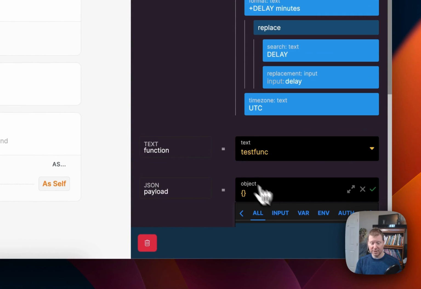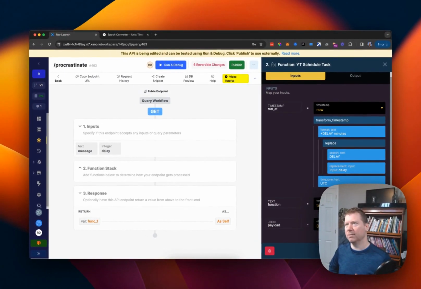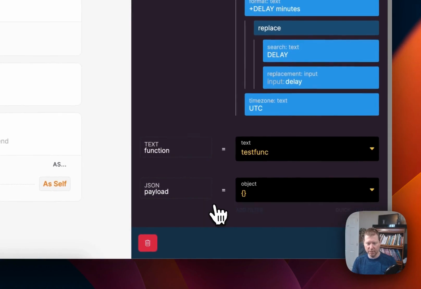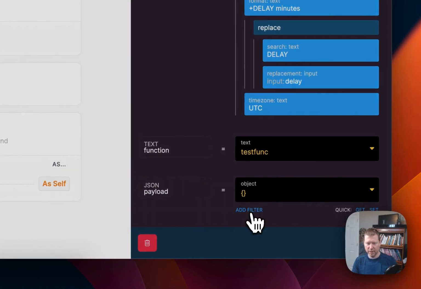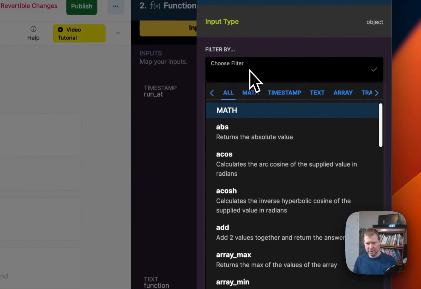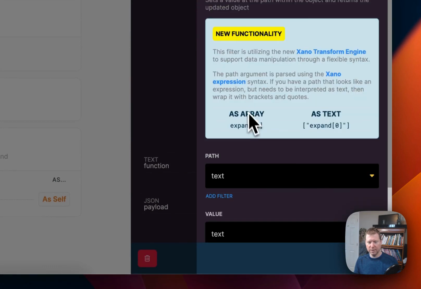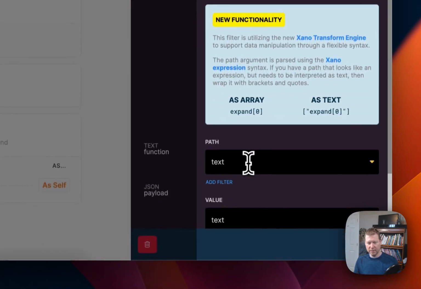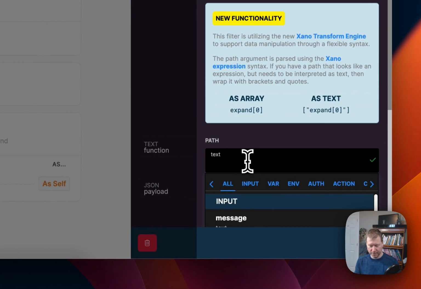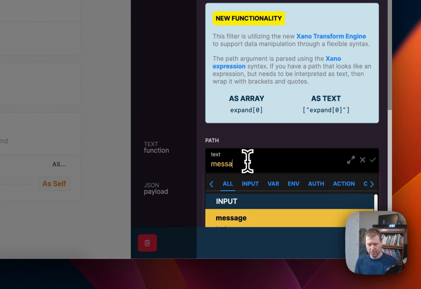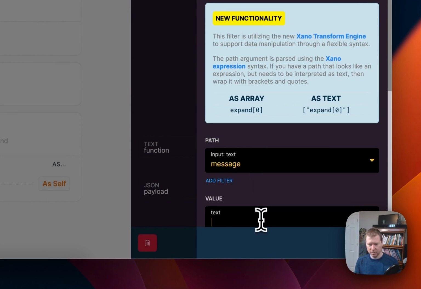And with the payload, this actually gets really important. This now starts to look like Xano's form of an external API request where you build out your object in the payload area. It's basically the same thing here, where I'm just trying to say, if I can get it to focus for me, there we go, add filter. I'm going to say set, and I'm going to say set message to